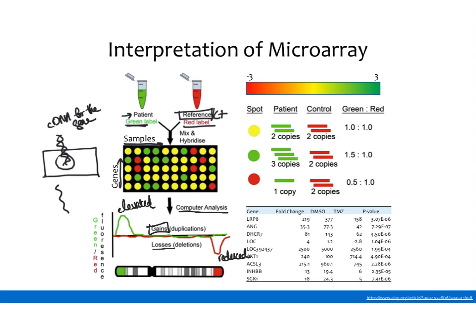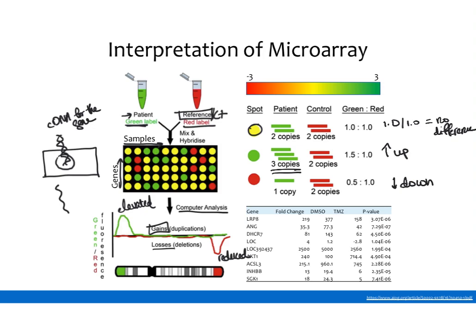microarray. So if we take the computational version of this, if you imagine that you have a yellow spot, that means that you have the same number of patient samples to control. So you have a 1-to-1 ratio, which means there's no difference in expression. If you have a green spot, that means that you have more of your green samples, you have more of your patient samples. That means that their gene is up in the patient as compared to your reference. And if you have a red dot, that means that your gene is going to be down compared to your